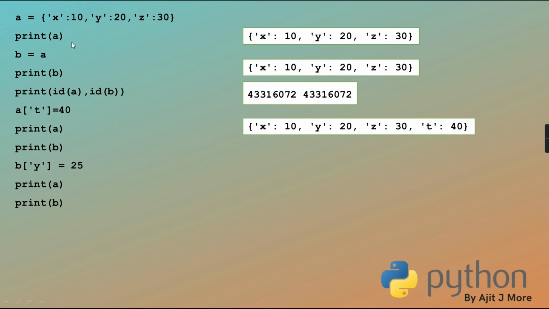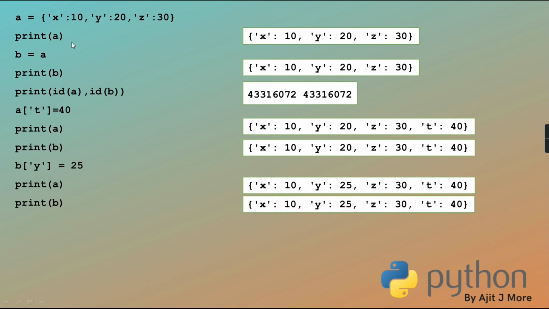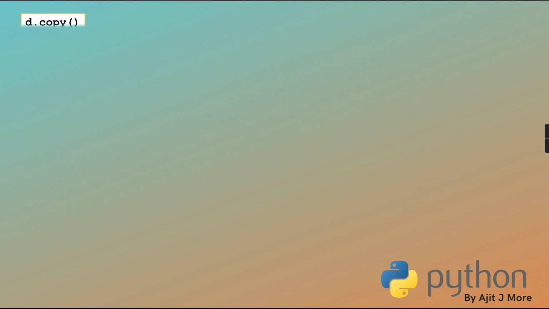And when I store T in A and print A, in A you'll see T, but in B also there will be T. Okay, or through B I am changing the value of Y. So changes will be seen in X and Y both. Only Y is not changed. See, X also. Because actually they are not different. They are one and the same thing. Okay, so you access that house by any key. We are having more than one key of the same house. That way you can see.